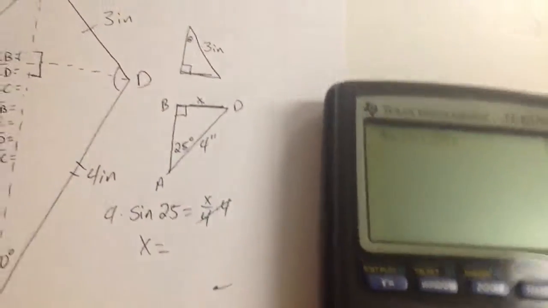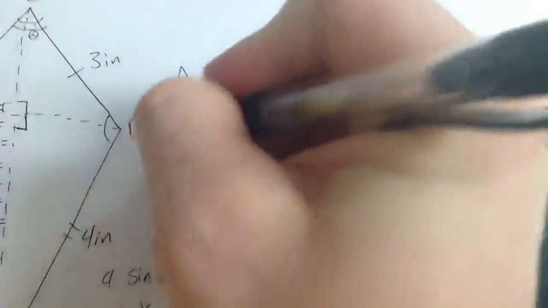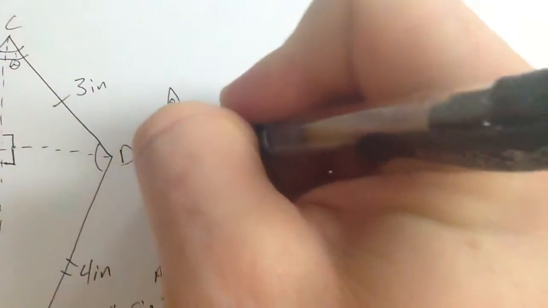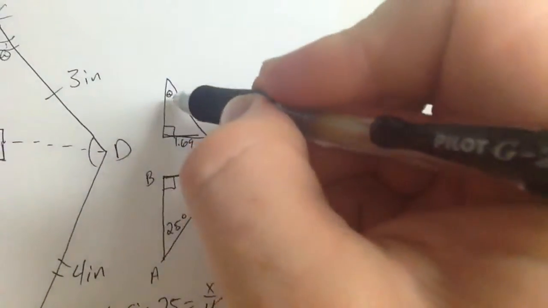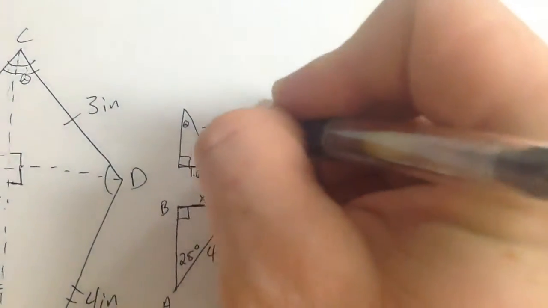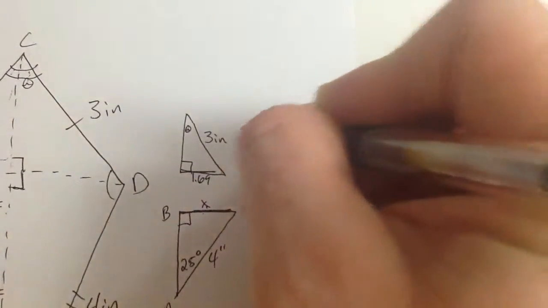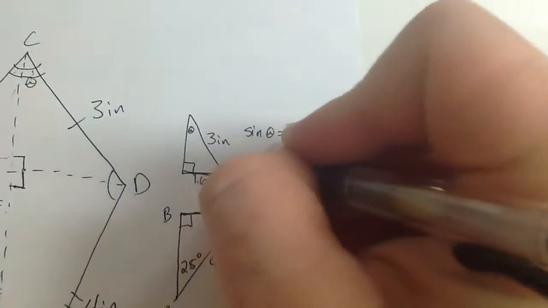But anyway, so 4 times the sine of 25 is 1.69. So now I know this side was 1.69, so I know this side was 1.69. Now I can find theta. Because I have opposite over hypotenuse, I can do the sine of theta equals 1.69 over 3. And then of course inverse sine both sides